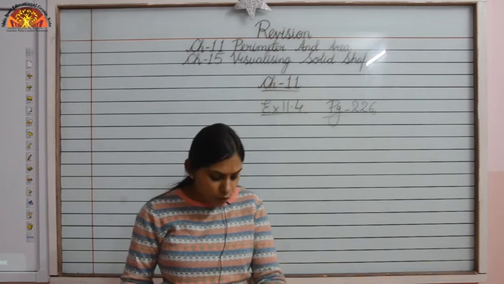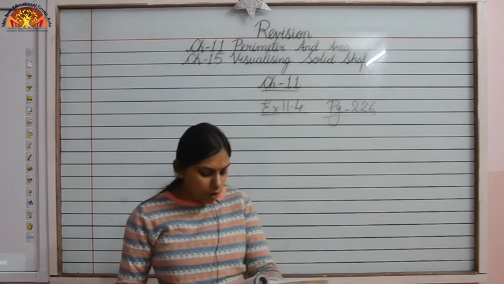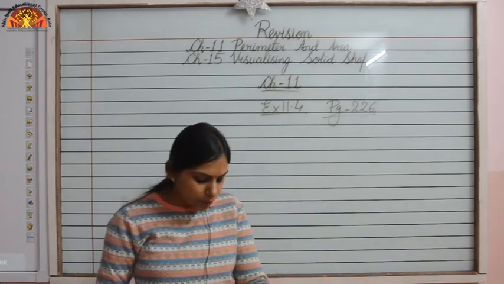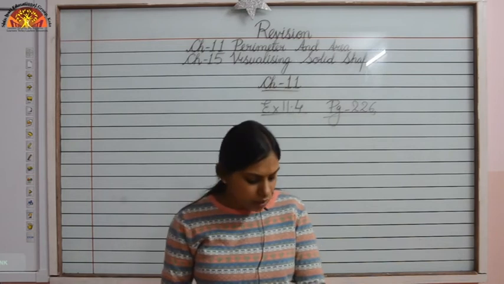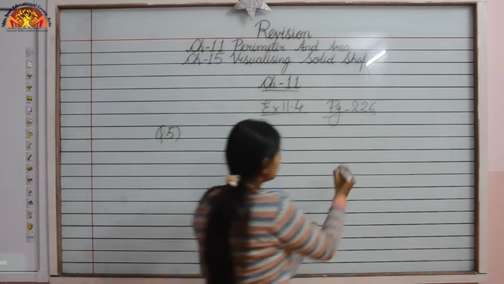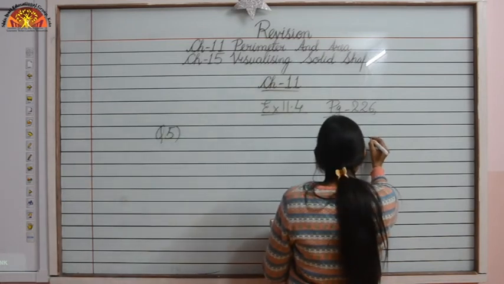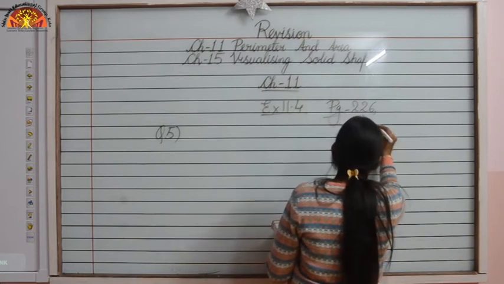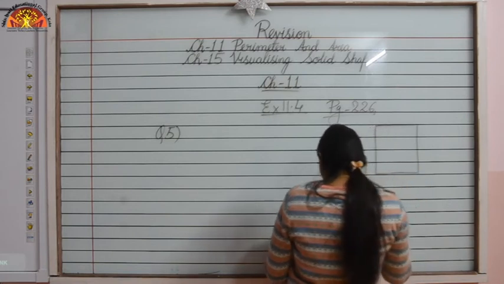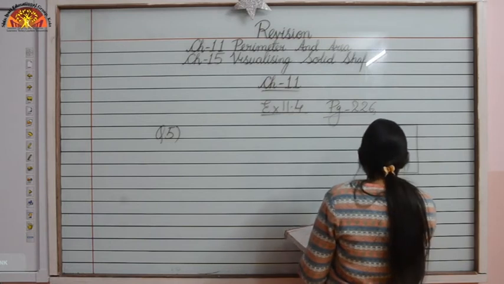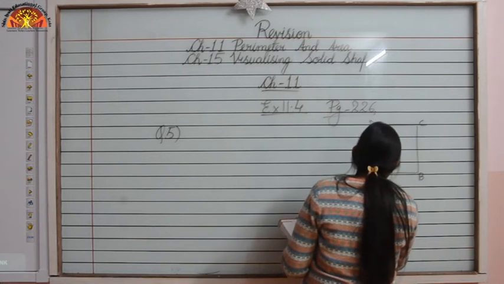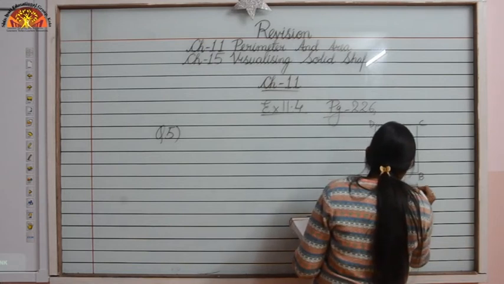So first of all you have to find the area of the path, and in the second part you have to find the cost of planting the grass in the remaining portion of the garden at the rate of rupees 40 per meter square. Okay. So just see, first of all we'll draw the figure. It's question number 5. So this is a square garden whose side is 30 meters. Just name this square garden as ABCD, and the measure of the side of the square is 30 meters.